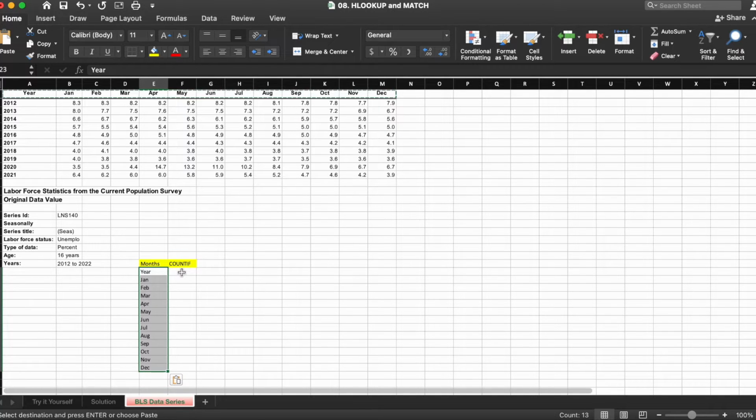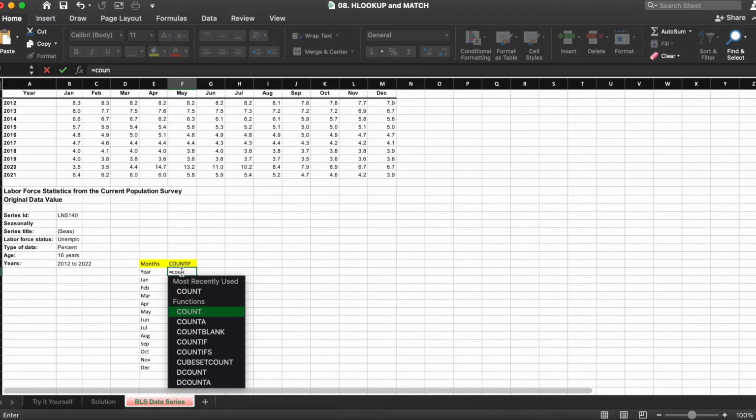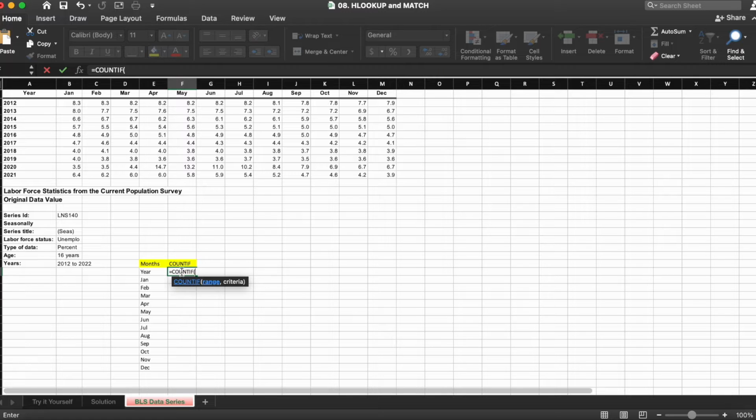So let's go into cell F23, and we're going to use our friend the COUNTIF function. We'll do equals COUNTIF, open parentheses. We're going to select the range E23 down to E35, and lock it in. Very important to lock it in because we're going to be dragging it down this time.